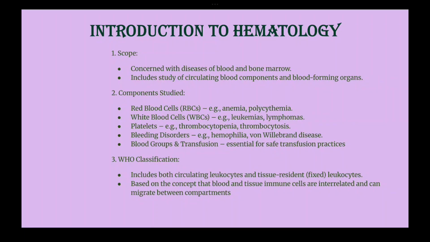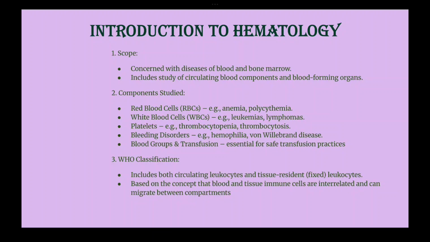The scope of hematology is concerned with the diseases of the blood and bone marrow. It also includes the study of circulating blood components and the blood-forming organs. So hematology is basically the study of the various diseases related to the blood and bone marrow. These also consist of the blood components and the blood-forming organs. So we will be studying the circulation of the blood components inside the blood-forming organs and the blood vessels. The components of study of blood cells are RBCs, which are red blood cells,